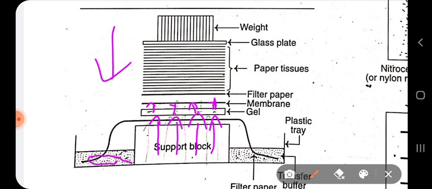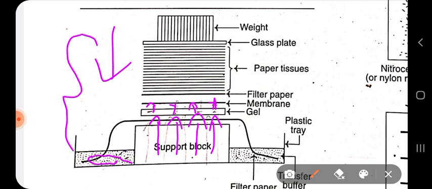because this process was invented by E.M. Southern, and it is also called southern hybridization because in the next step we will hybridize the DNA with specific probes, which will bind complementarily to the target DNA. So it has two names, southern hybridization as well as southern blotting, and this whole process is called blotting,